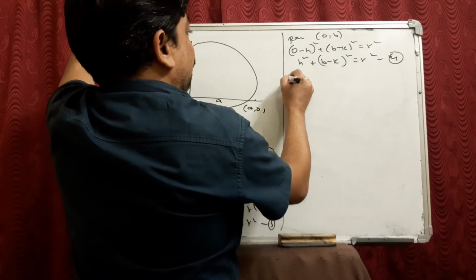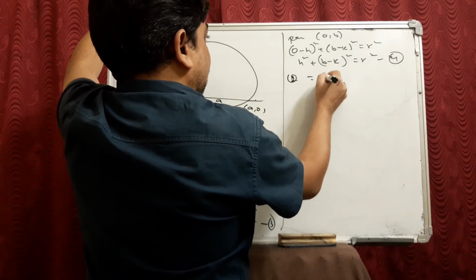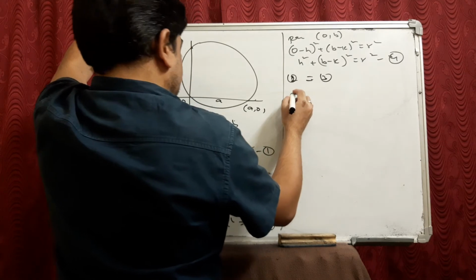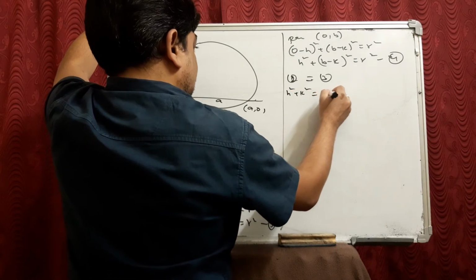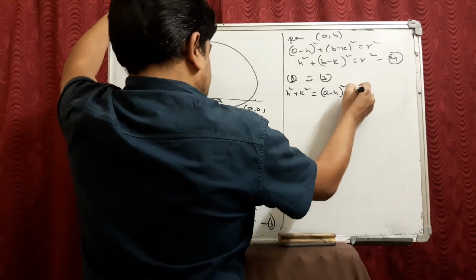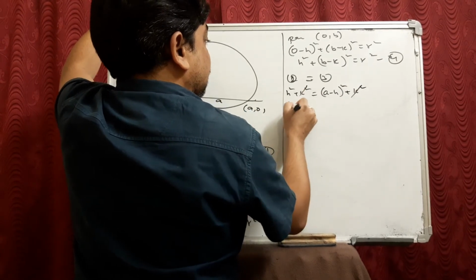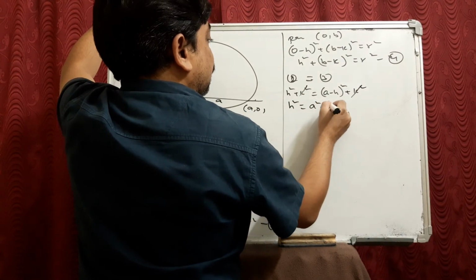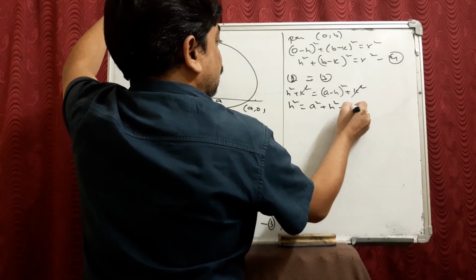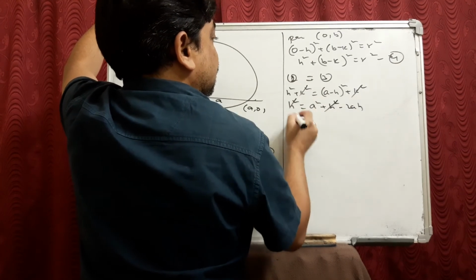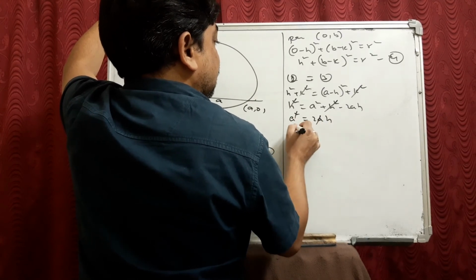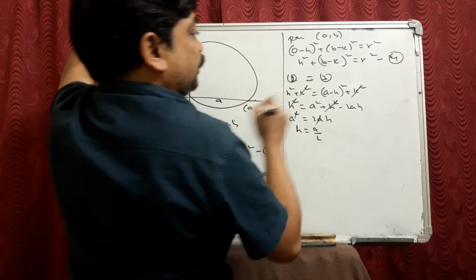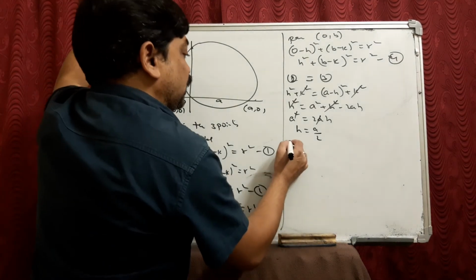First let us equate 2 and 3. What happens? H square plus k square is equal to a minus h whole square plus k square. K square gets cancelled. H square equal to a square plus h square minus 2ah. H square gets cancelled. A square equal to 2ah. A gets cancelled. H is a by 2. In the same way, if I equate 2 and 4,